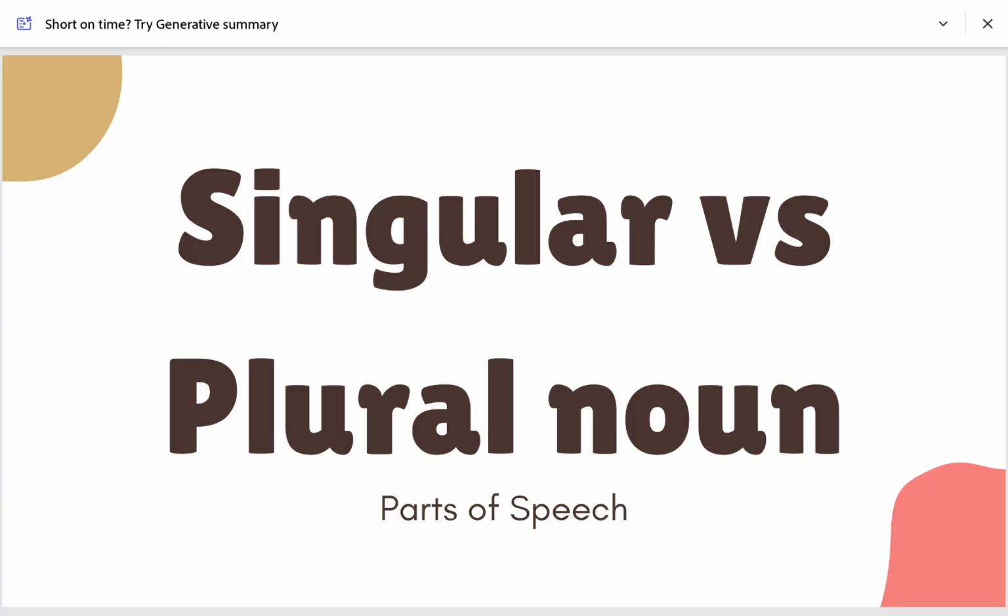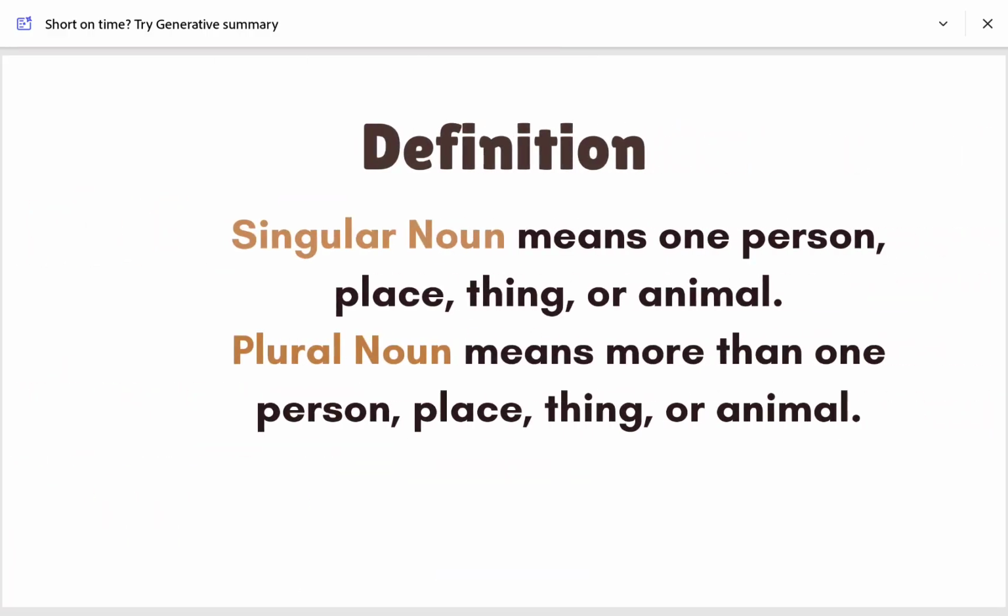For example, we do not say two book, we say two books. We are adding an extra s to understand there is more than one book. So this is why singular versus plural nouns are needed. Okay. Now